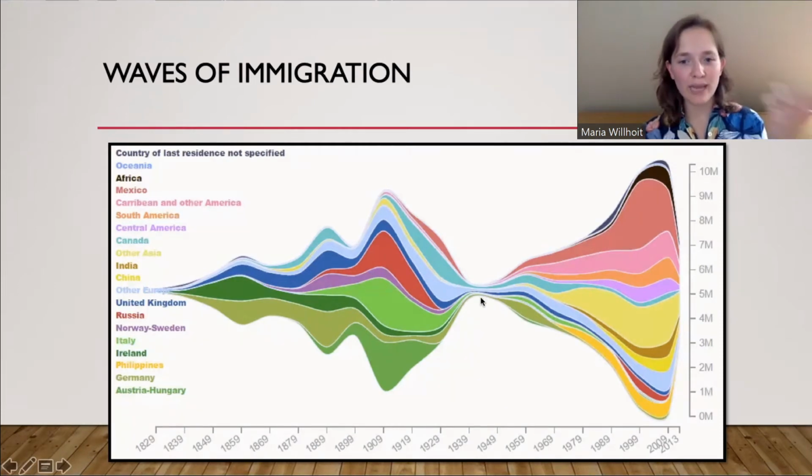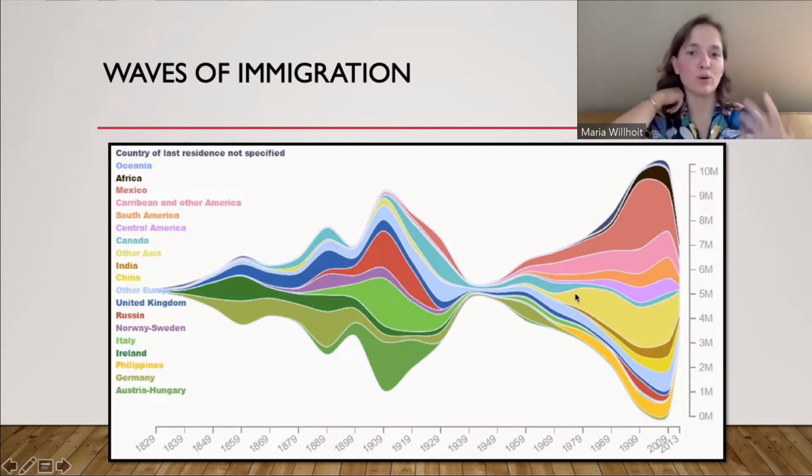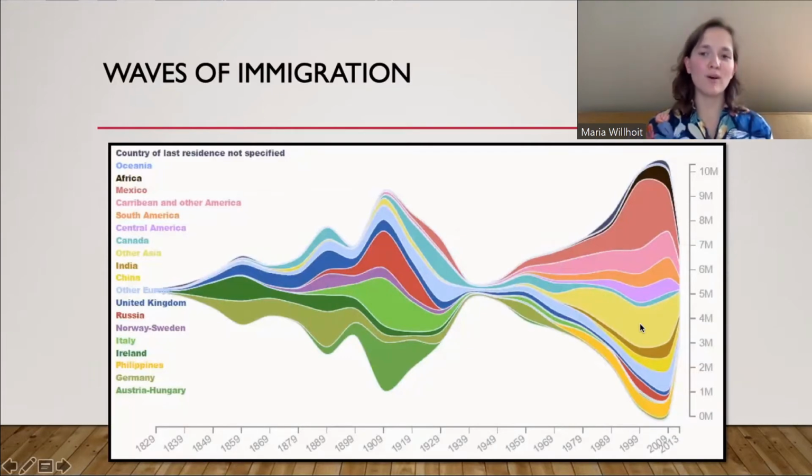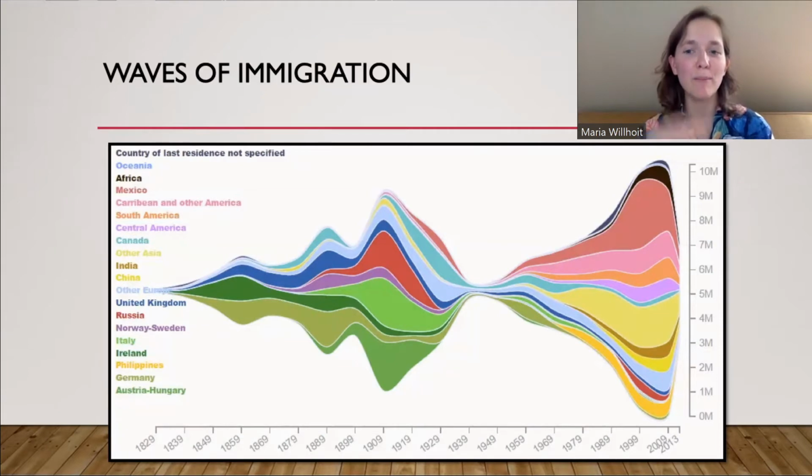It starts to slow down because of the Great Depression, but then it grows again after World War II. And now we are in our biggest one. As you can see, our largest immigrant group is mainly Mexico. We also have the Caribbean. We also continue to have Chinese immigrants and other Asian immigrants too. So the colors change. I like this graphic because it shows a melting of groups, the blending of the colors and the nations. So if you want to keep looking at this, I recommend you pause the video. It's nice. It's pretty.